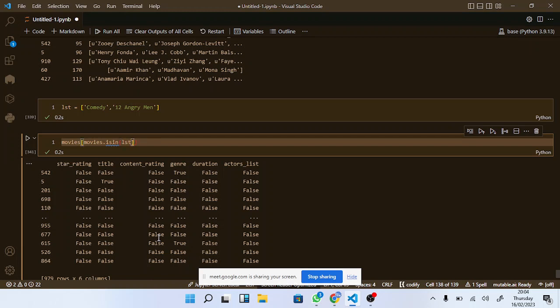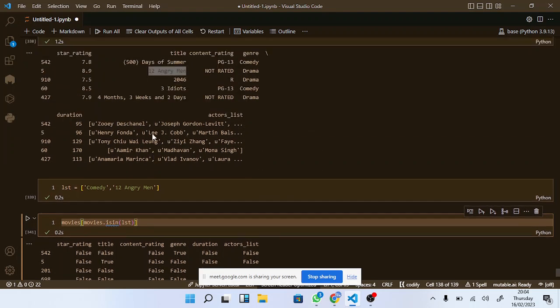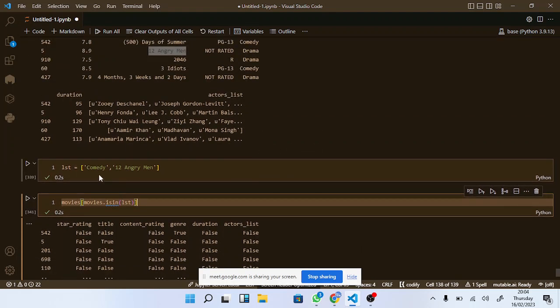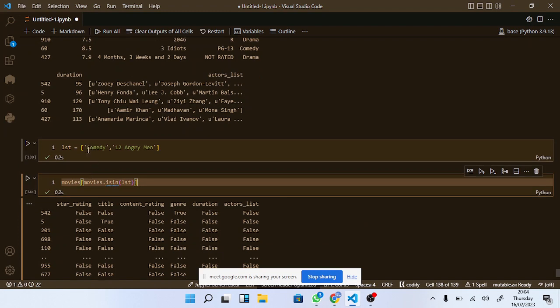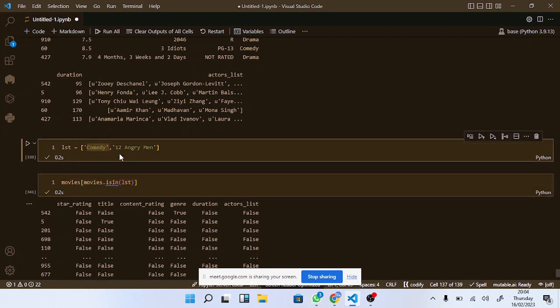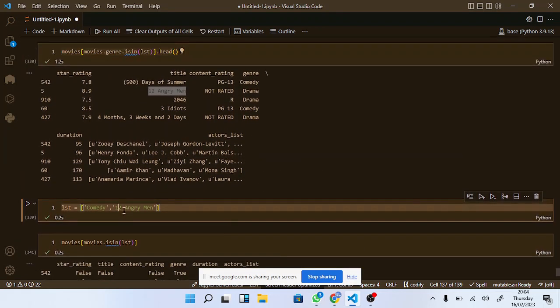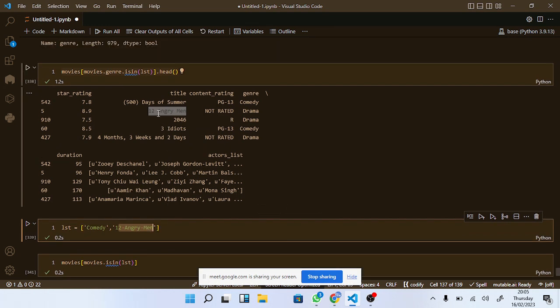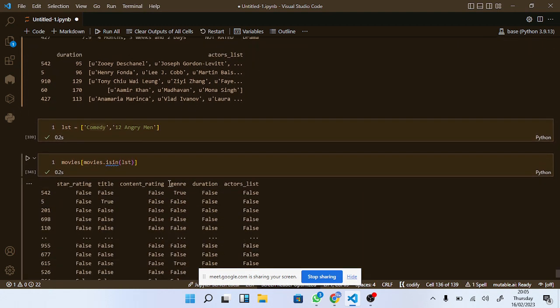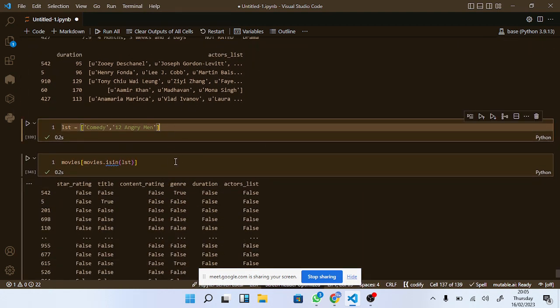So I have created, I want to check these values comedy and 12 angry men exist in my data frame. So 12 angry men is the name of the title, so it comes from the title column, and the comedy comes from the genre column. So if I run this